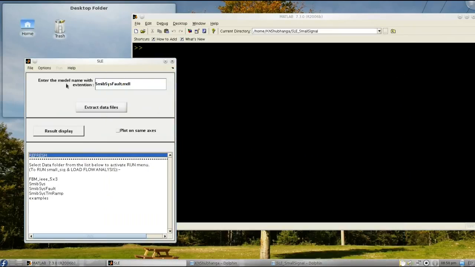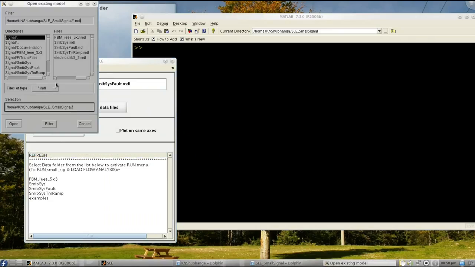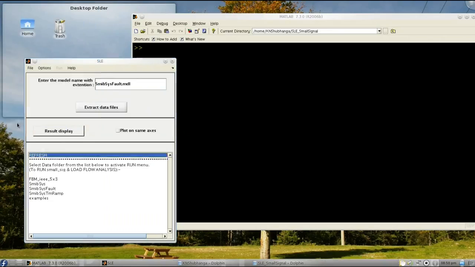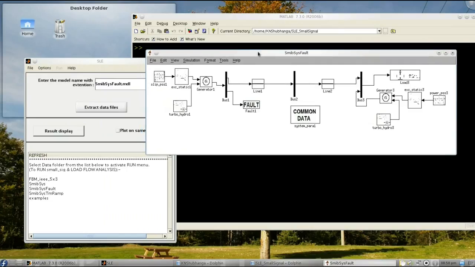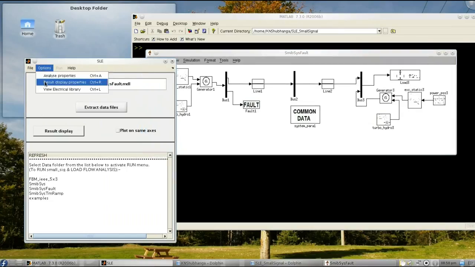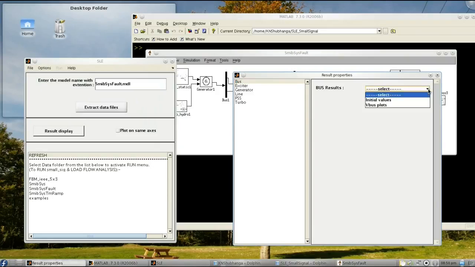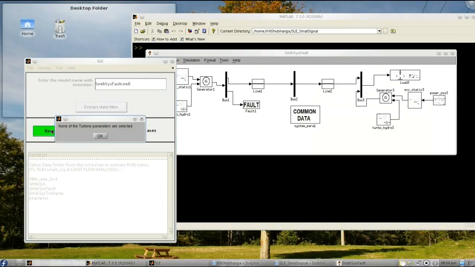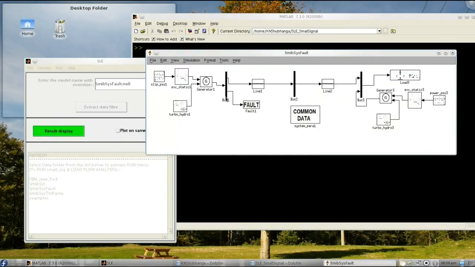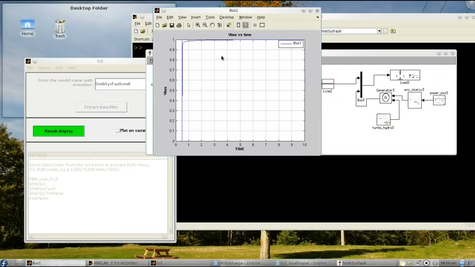So to visualize various graphical trajectories, opening the model and setting appropriate variables in the result display property. Now selecting the voltage profile at bus.